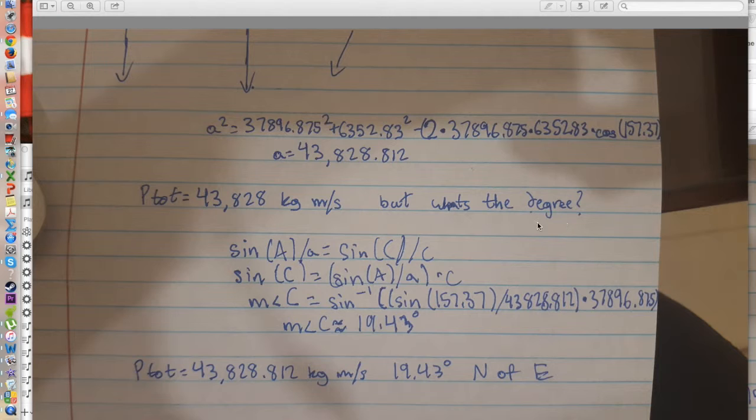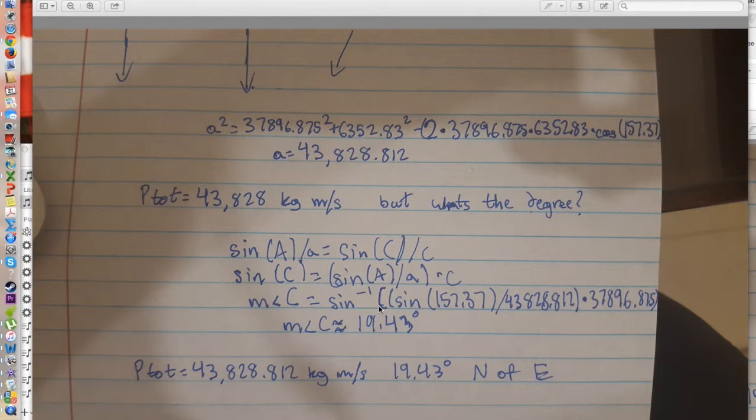So we have to figure out the degree. To do that, we take the sine of A divided by A equals sine of C divided by C. But in this answer, we're trying to figure out the measure of angle C, so we need to isolate C. We take the A's to one side and make it sine of C equals sine of A divided by A times C. Then we take away the sine by making it measure of angle C is equal to